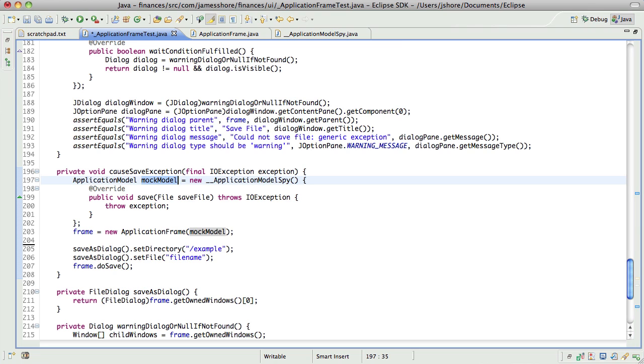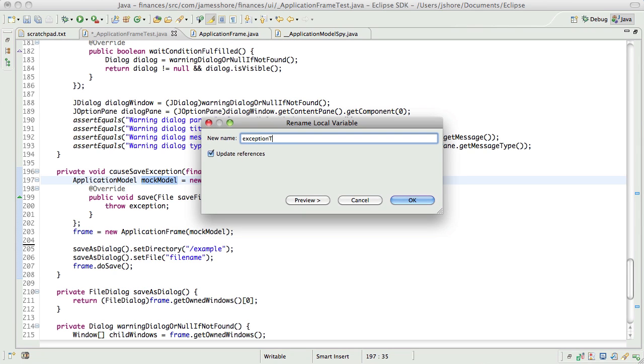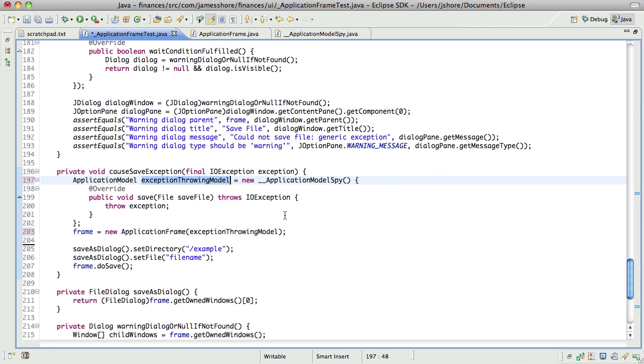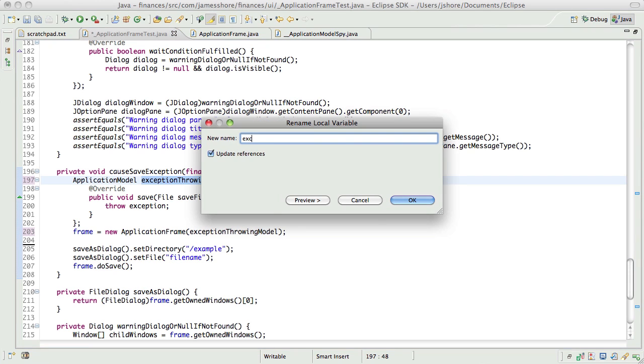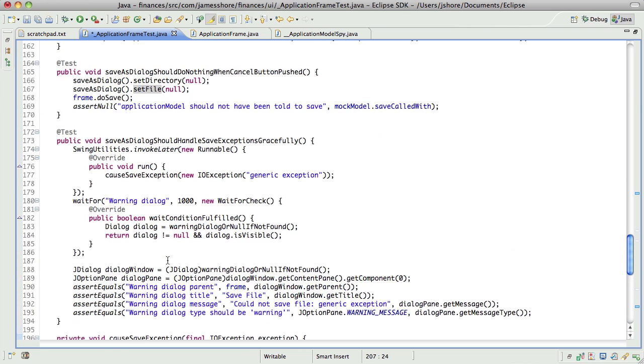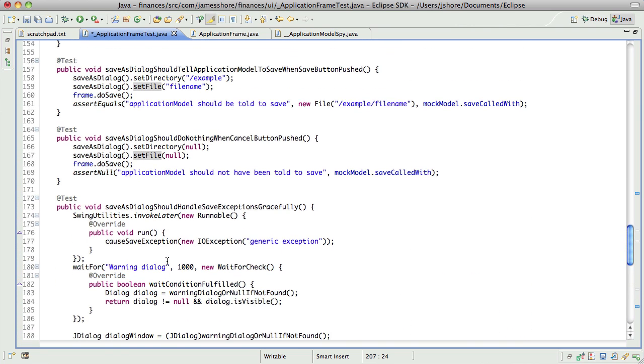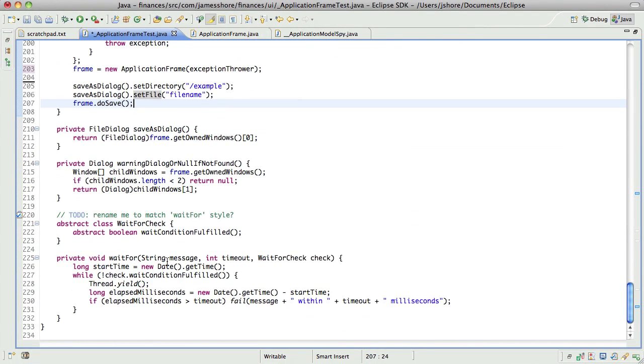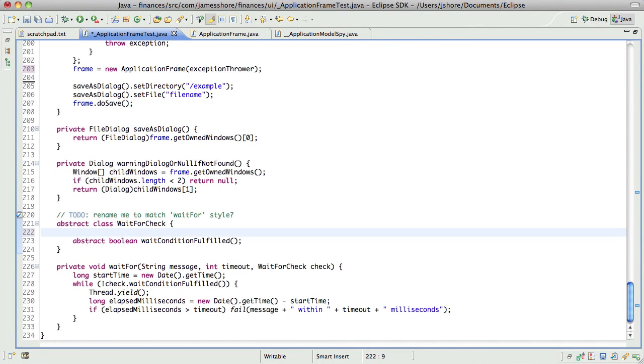And we'll call this the exception throwing model to make that more clear. Or maybe even exception thrower. Yeah, I'm liking this. Okay. All right, let's go ahead and see what happens if we put in a new method here, which we will make non-abstract to start with. We'll call it